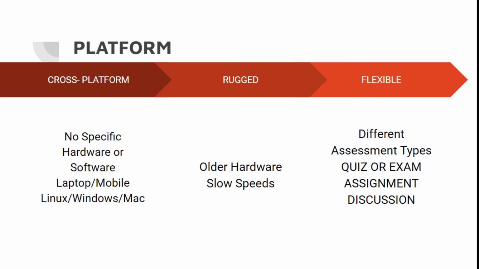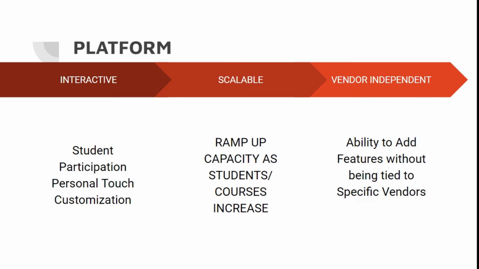The platform should be interactive. This is quite important because one of the biggest problems with e-learning, even we have faced it, is that the student is not in front of you. So when we talk to somebody, it's not just the tone of talking. There's also a lot of body language involved, and that is absent in e-learning. We cannot totally compensate for that, but to some extent it should be compensated for.